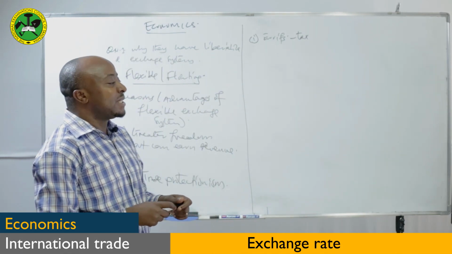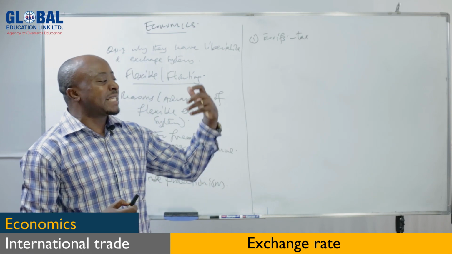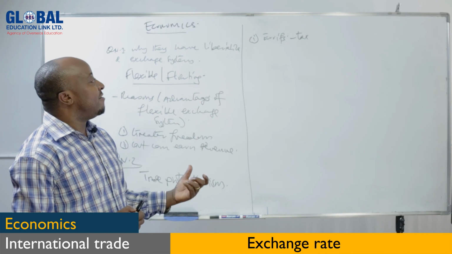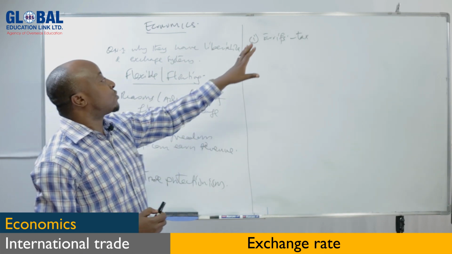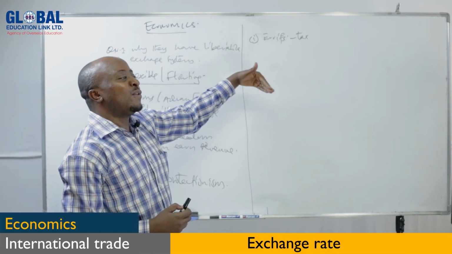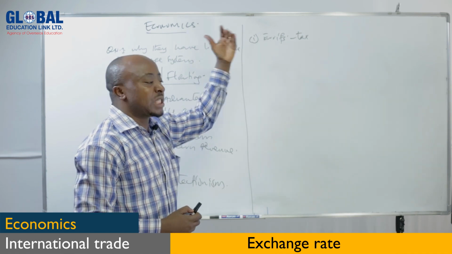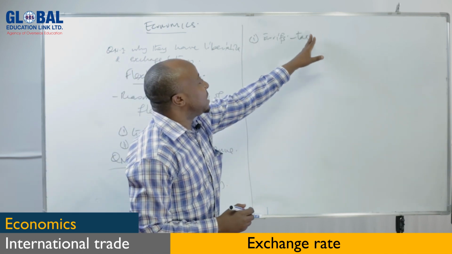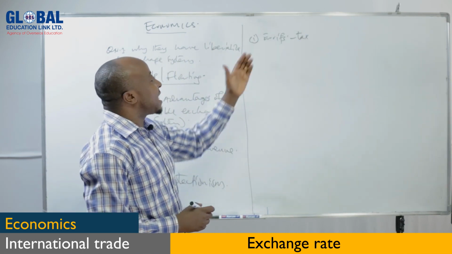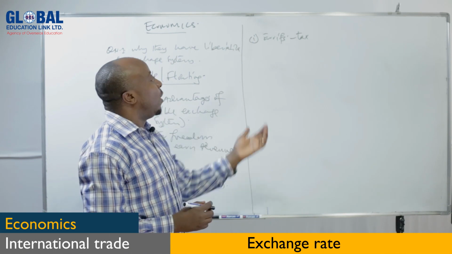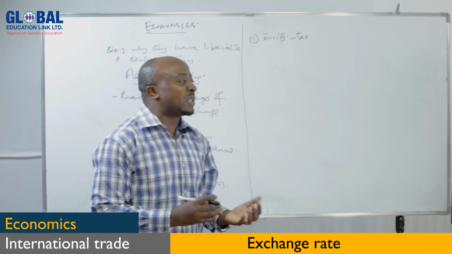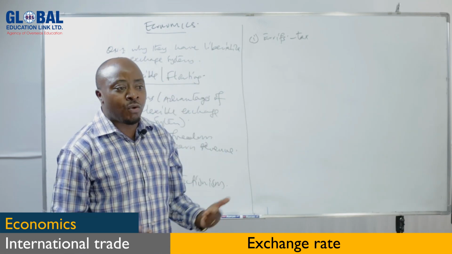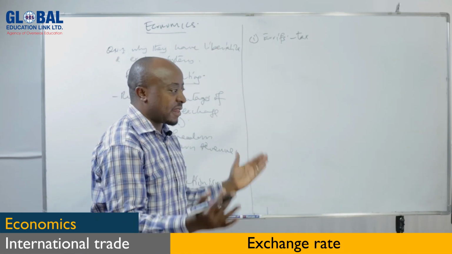It means for those imported goods, because the aim is to advise the government to reduce import, one of the advice we have to give the government is to increase tariffs, and if they have not yet introduced, then to introduce tariffs in the economy. What is the role of tariff? It means when the government imposes tariffs on imported goods, these tariffs can be in different aspects. For example, you can impose tariffs on specific quantities. You can impose tariffs according to value of the goods or quality, or you can impose on both quality